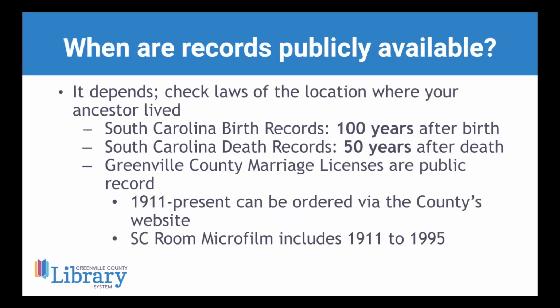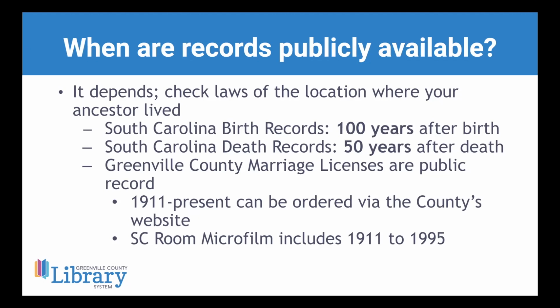So one thing to really keep in mind as you are looking for vital records is to know, when do these records become publicly available? And like I said, that's going to vary by the state. And one way, on your handout at the very bottom on the additional resources, there's a FamilySearch wiki link. And that's really helpful if you want to get a really good snapshot of what's available for a state or county, and when those records became available. You can go to that link and type in whichever state you're looking at. And I love that because it's just a really quick snapshot.